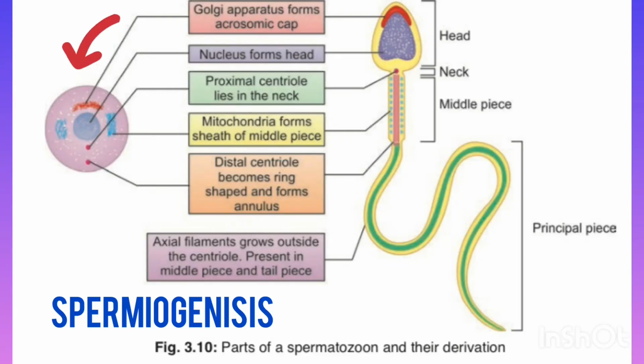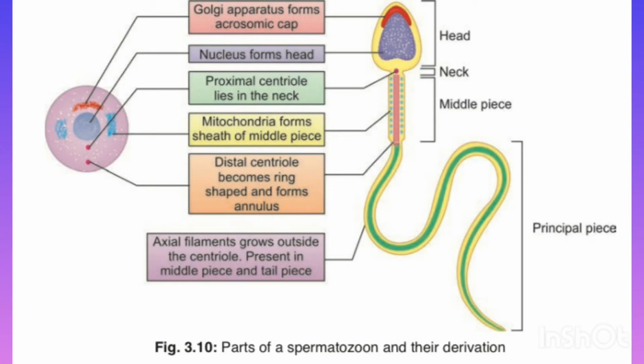Now we come to the final stage, that is the process of metamorphosis of spermatids to spermatozoa or the spermatozoon or the sperm. So what is the meaning of metamorphosis? Metamorphosis is a process of gradual changes in the shape and size of the spermatids when they are about to